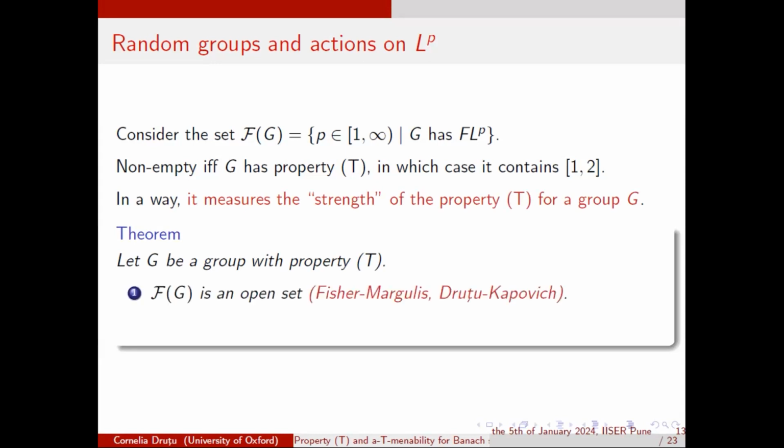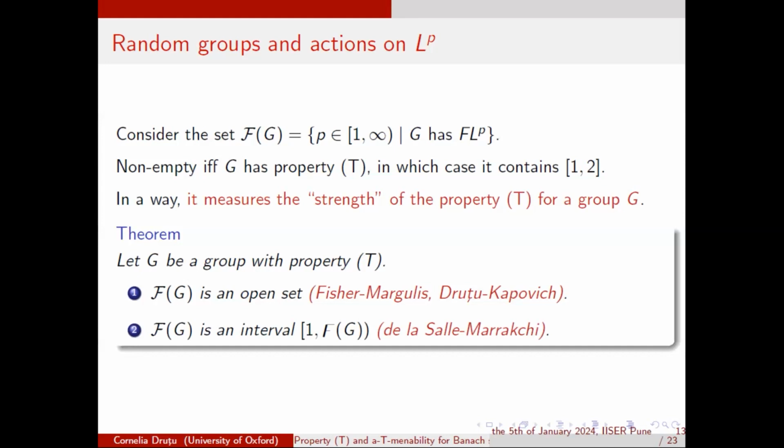The first one is that it is open. So it's open in this interval, or as I said before, if we tweak a little bit the definition and we go in the interval 0, infinity, then it is generally an open subset of R. And moreover, it is an interval, actually. This is a result of Mikael de la Salle and Maragchi. So it looks like this, which means that now we have this interval, and in particular, this parameter here